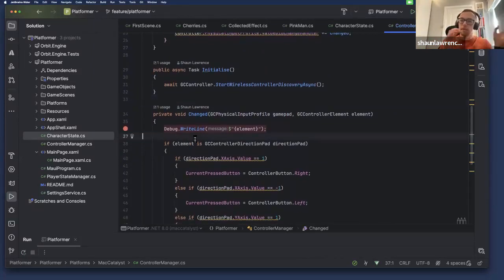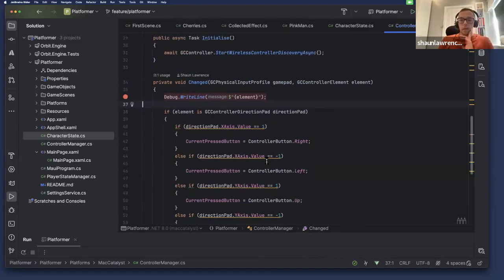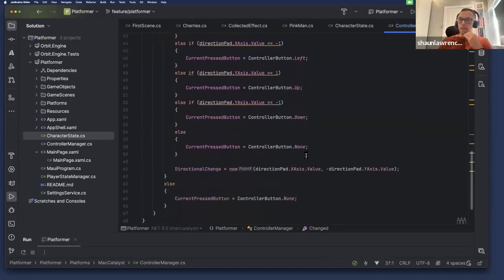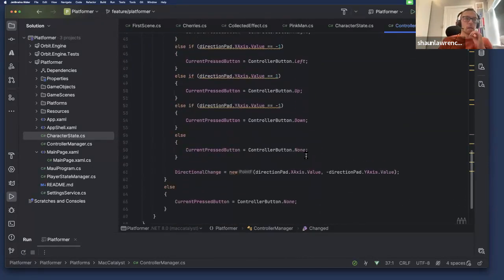It might be worth considering whether you want multiple control schemes, based on whether you want explicit touch or explicit game controller, because obviously on a mobile device you might have to render the buttons on the screen, and if you've got a controller connected, that's just noise to the visuals that you're presenting to the player. So it'll be worth considering that. This doesn't do too much. It just says whether we're moving left or right. It does have up or down, but that's not a concept within the game yet.